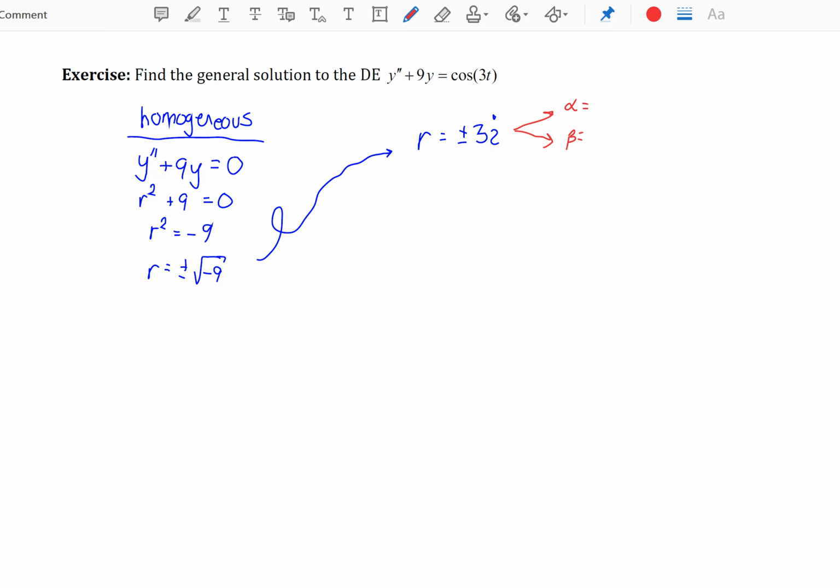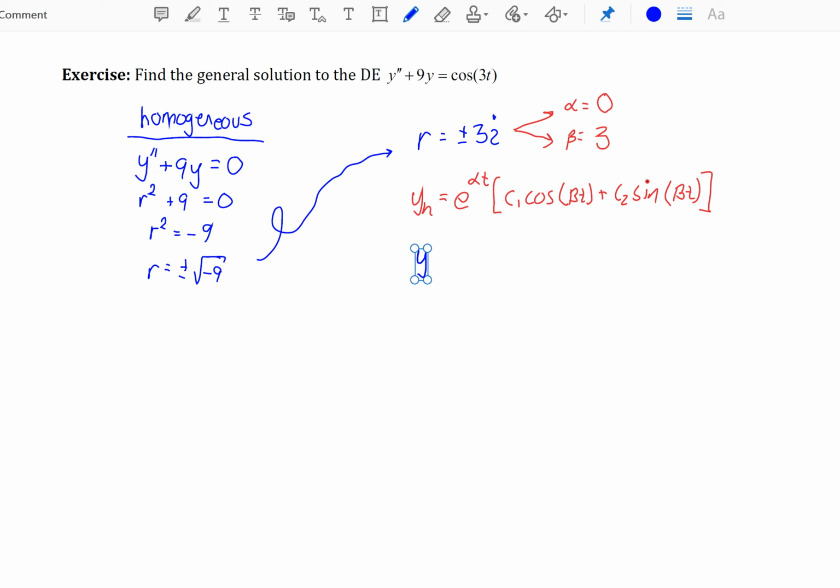Remember, in our general solution with complex characteristic roots, YH had to be of the form e to the alpha t, C1 cosine beta t plus C2 sine beta t. So we need to know the parameters alpha and beta. Here alpha, that's always our real part, that's 0. Beta, we'll choose the positive imaginary part, which is 3,